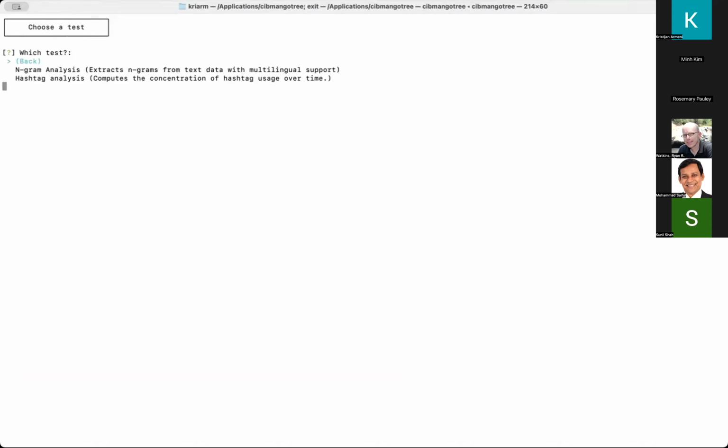And now let's say I'm a researcher, I'm a journalist, I'm writing a little story, and I want to confirm quantitatively that what I'm writing in the story is confirmed on Truth Social with some analysis. I can choose either hashtag analysis or Ngram, which Stefan briefly explained. For this one, I'll choose Ngram analysis. So finding repeated phrases in social media posts, which is frequently how bots operate, right? If you have a bot operation, they will just start spamming basically the same content all over again. And that's one of the easiest tests that you can do. There's no machine learning, you're not fitting any models, you're not doing heavy math, there's really just searching for a lot of the same strings or text.